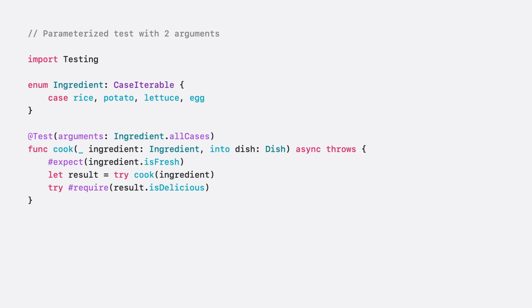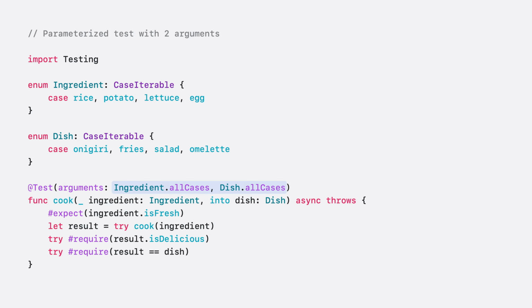So far, you've learned how to write parameterized tests with one input, but what if you need to pass more? Test functions in Swift testing can accept multiple inputs, and you can add another argument to this test by simply appending it after the first argument. Every element from the first collection is passed as the first argument to the test function, and every element from the second collection is passed as the second argument. All combinations of elements from these two collections are automatically tested. Being able to test every combination in a single test function is a powerful way to improve your test coverage.